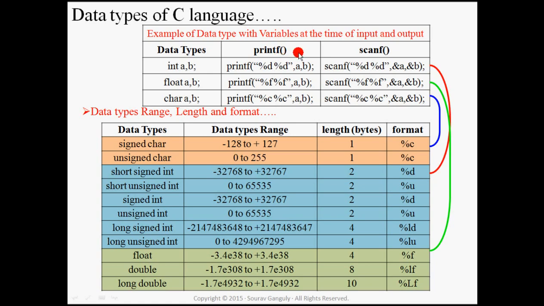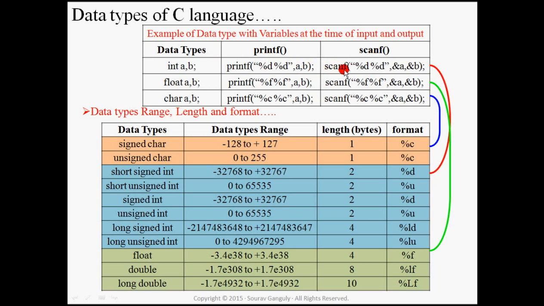Now when we write any program, then printf and scanf are two functions. Printf always displays something to the screen and scanf takes inputs from the user directly. Now if I want to display any value on the screen, then we have to use the variables with the type %d for integer. This integer, float and character are called the data types.